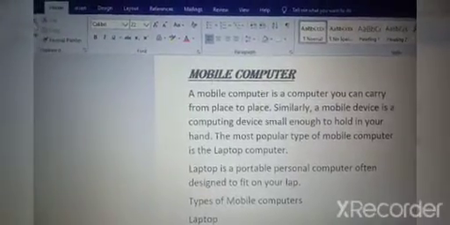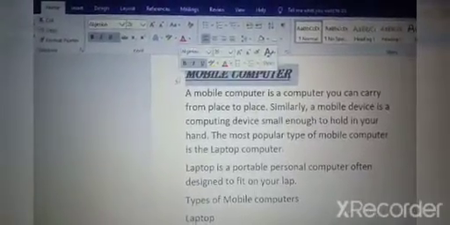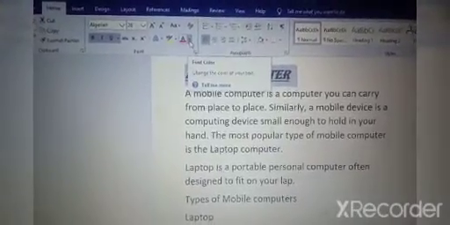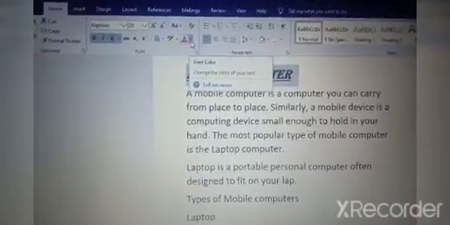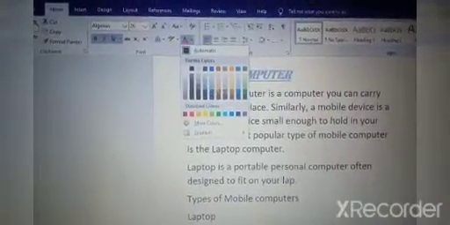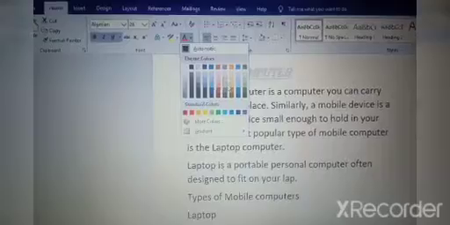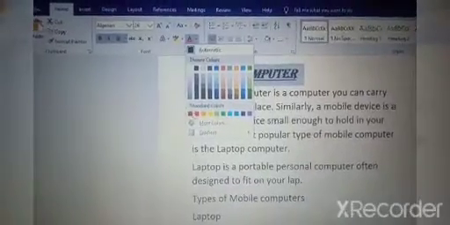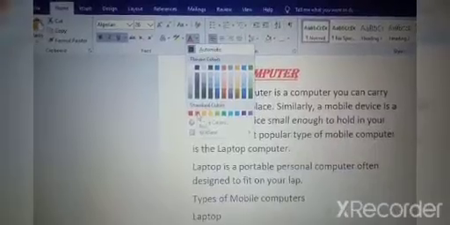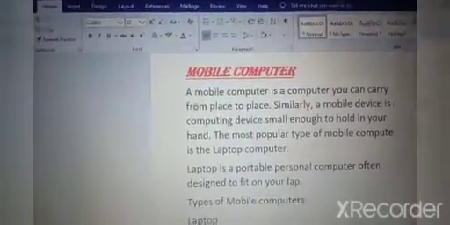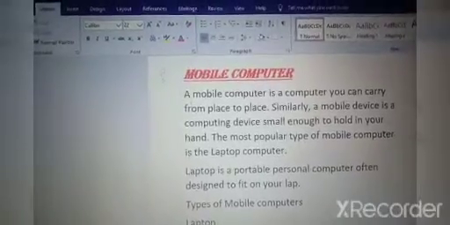Okay, now we will see how to change the color of your text. See here, this is for changing font color. Click on this. So many colors are there. You can see the change in the text. The color is changing. Now I will take a red color. Click on red, and you can see the red color has been applied to your heading.